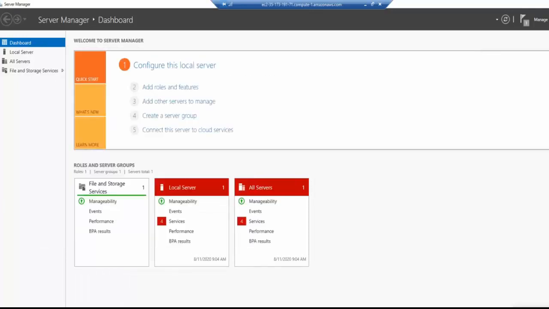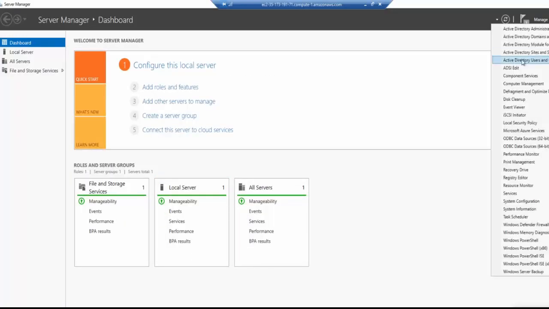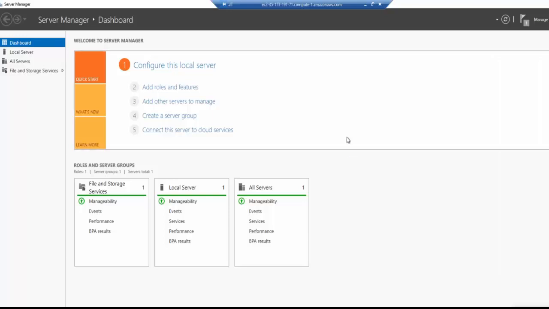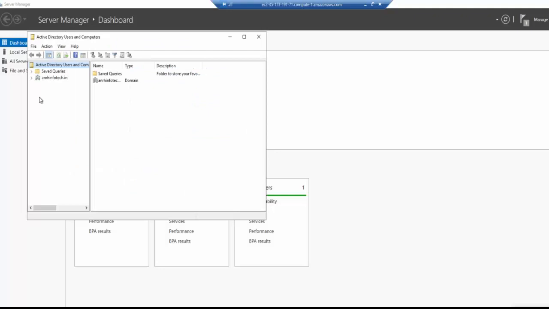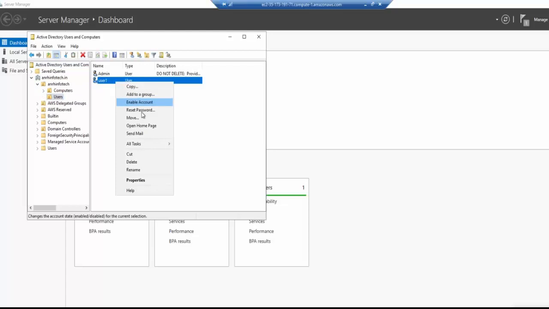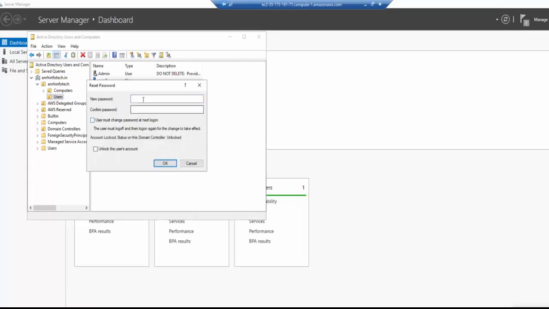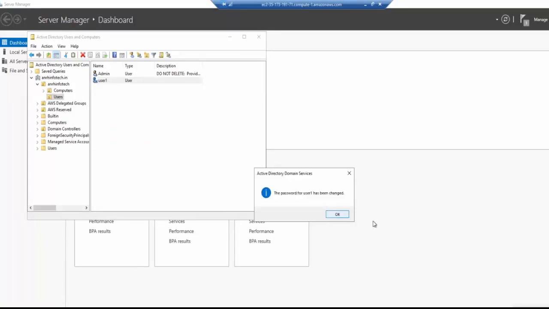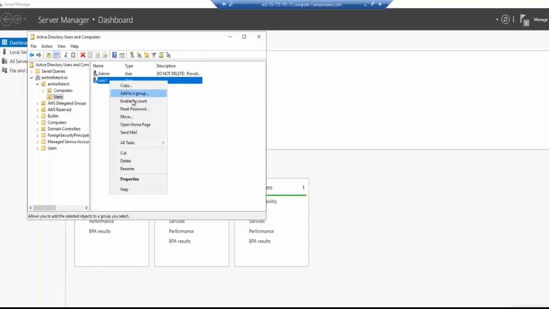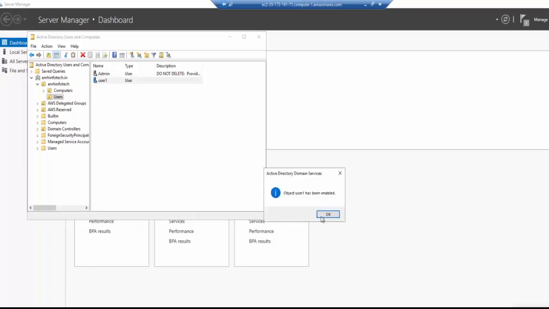I'll just close it, go to the tools, and we got Active Directory Users and Computers here. And if you have a look here, we have our user that we created, user 1. So let me just set a password for this user. Password is set, and I'll just enable the account.